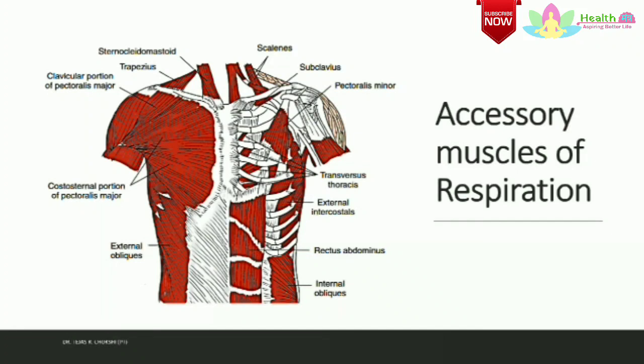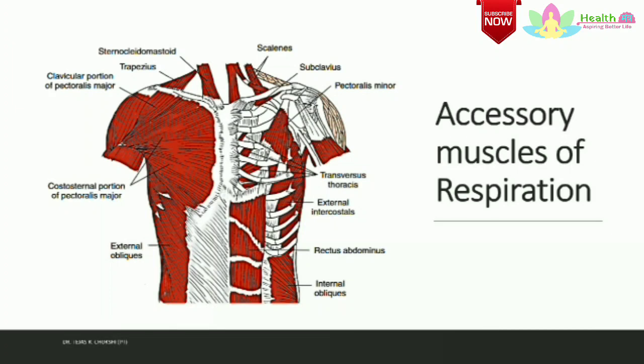If the arm position is with the humeral attachment of pectoralis major below the level of the clavicle, then the clavicular portion of the pectoralis major muscle acts as an expiratory muscle by pulling the manubrium and upper ribs in a downward direction. With the humeral attachment of pectoralis major above the level of the clavicle, such as in the raised arm, the muscle becomes an inspiratory muscle, pulling the manubrium and upper ribs in an up and outward direction.